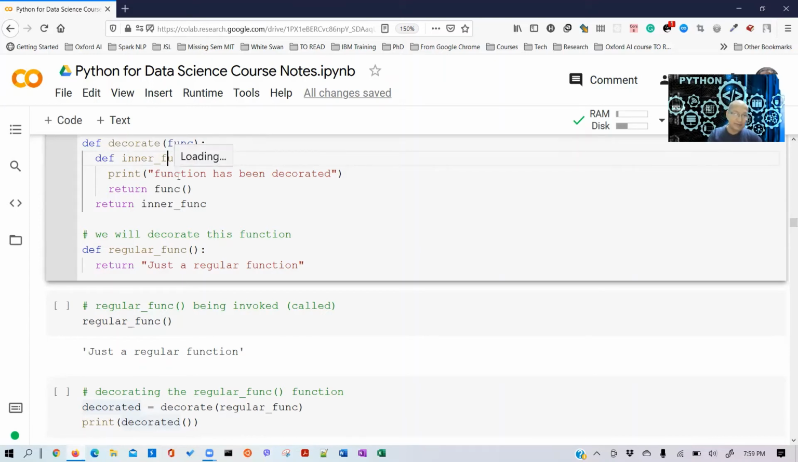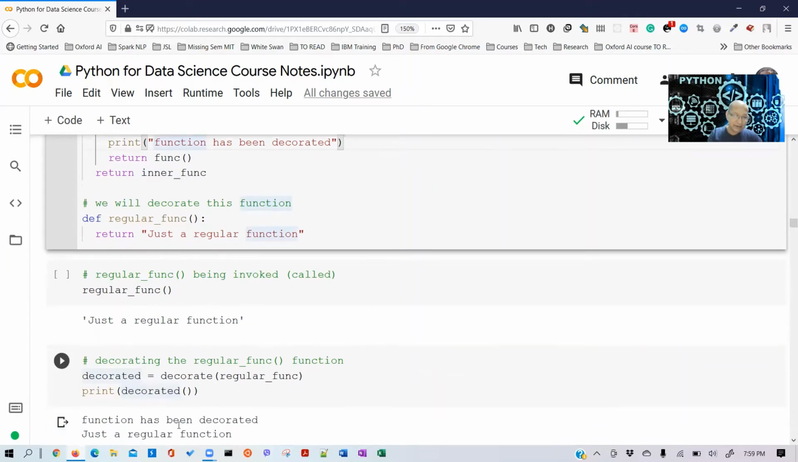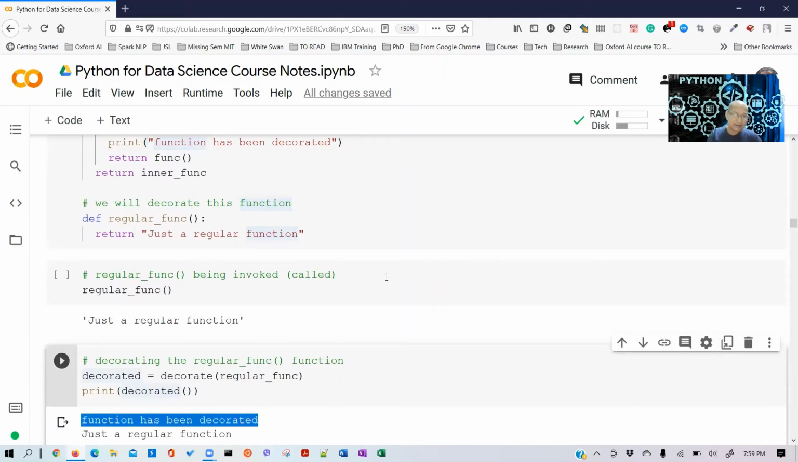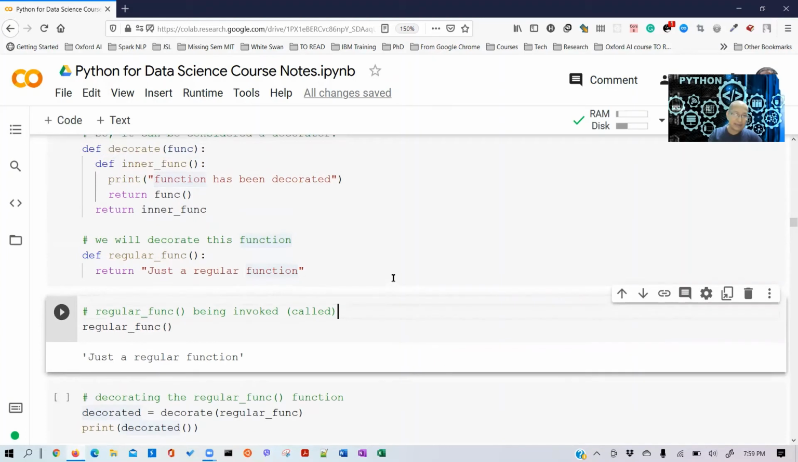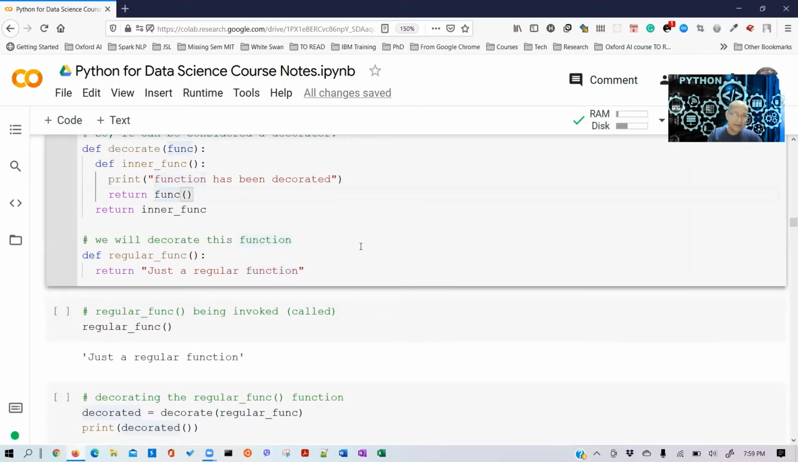And then what gets printed? Function has been decorated. See, look over here: function has been decorated. So that gets printed. And then what happens next? Next you come down here, and you call